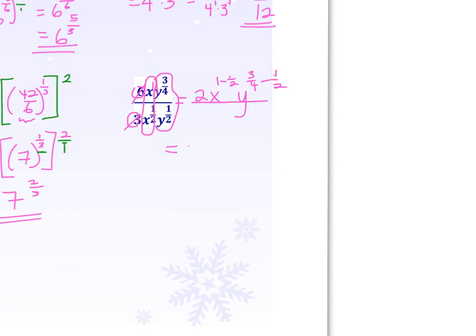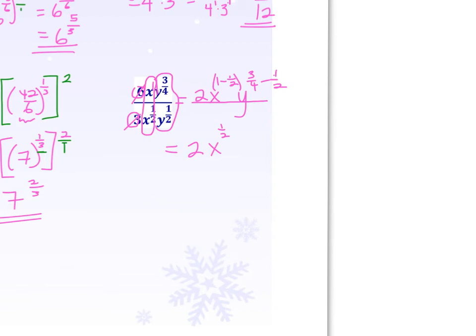If we have the 2 out in front, 1 minus 1/2. If you can do that in your head, you don't need a common denominator. If you take half away from 1, we would have x to the 1/2 left over. Now the y values, if we take 3/4 minus 1/2,